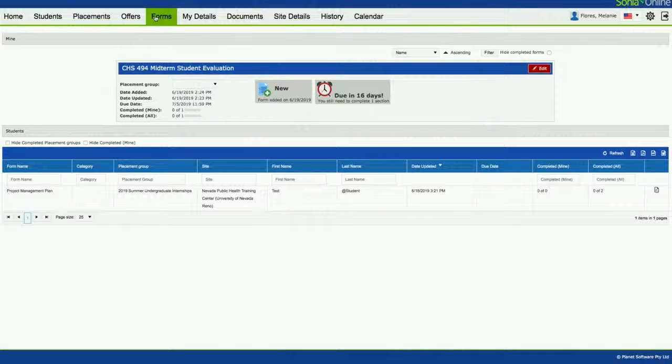Evaluations are only available about 2 weeks, maybe even 3 weeks before it's actually due. And the cool thing about Sonia is it tells you when it's actually due. So this one is due in 16 days. And by this little icon right here, I can tell it's brand new. Whereas under students, I see there is a project management plan, and it's for the summer 2019 cohort, and it's